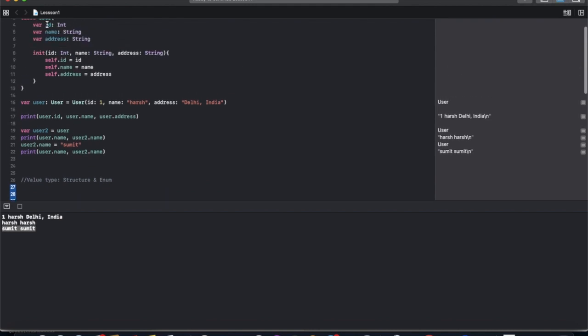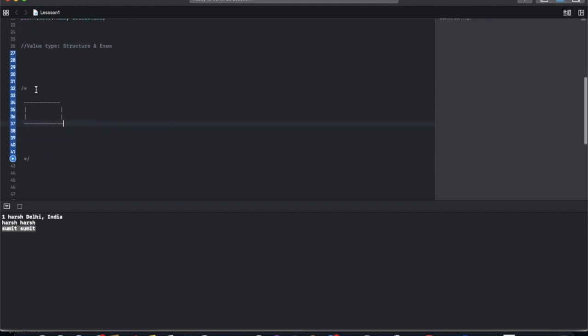Like we have three values here: ID, name, and address. So this container has three values.